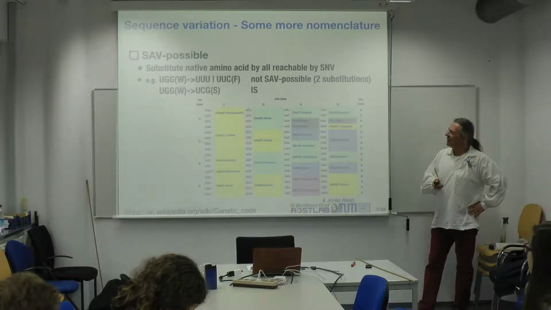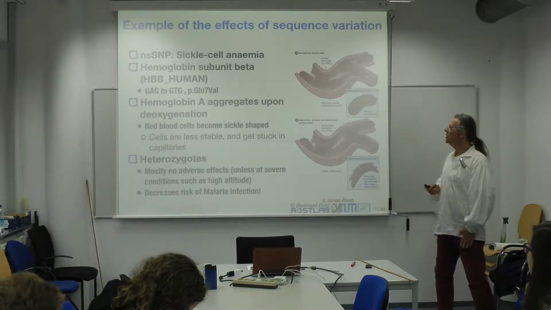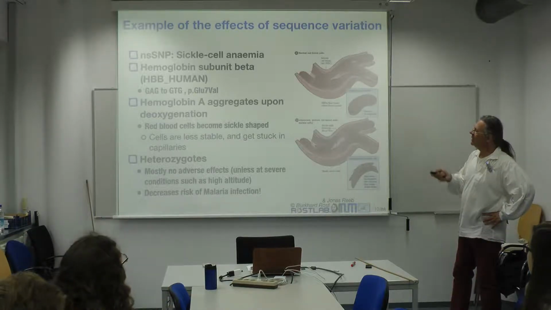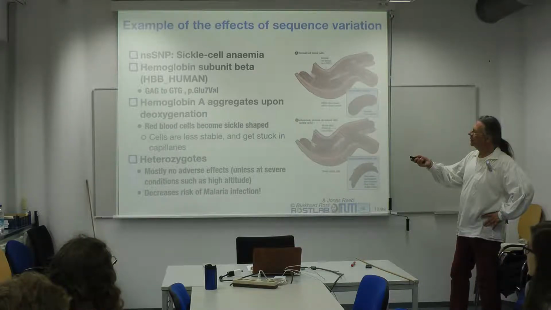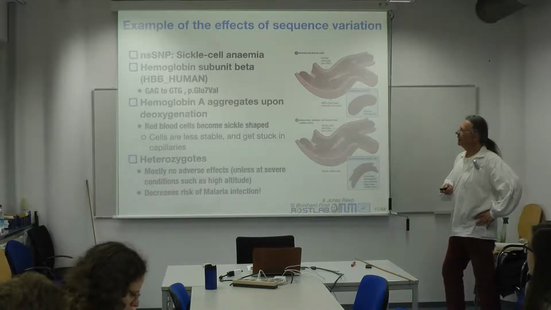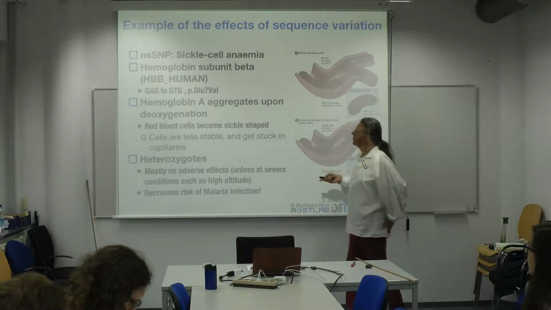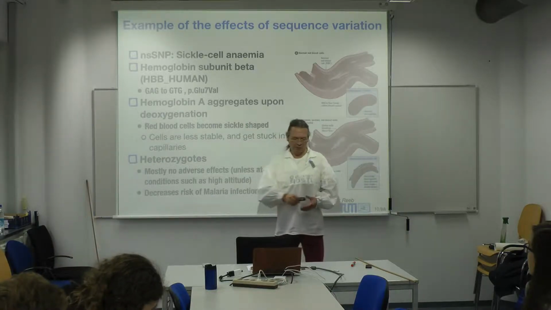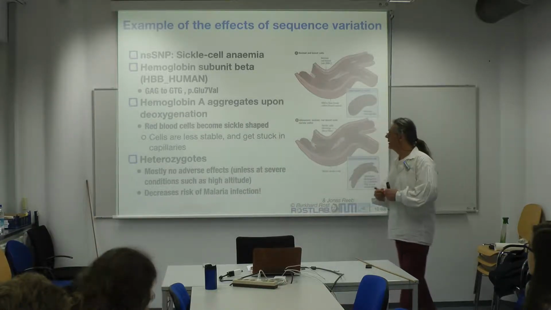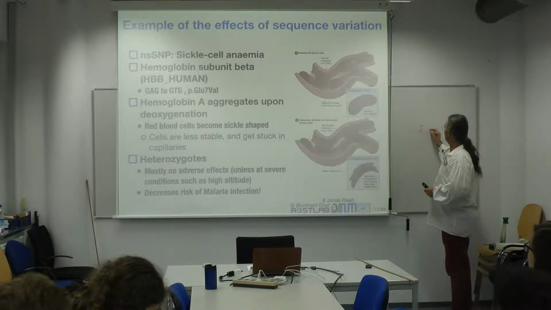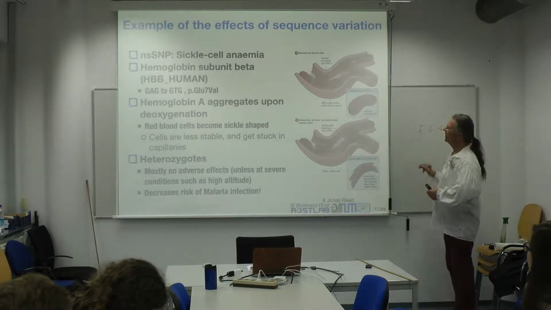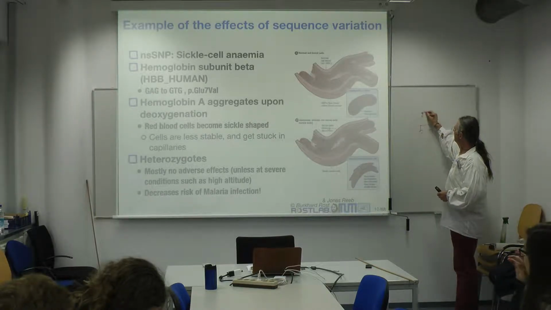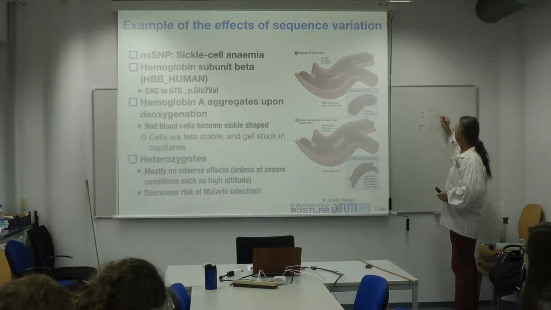But again, in an experimental setting for proteins, we can do things that are not easily done on the level of the genome. Sickle cell anemia is one example where we have a single substitution of glutamate to valine. By the way, this is just one of those small details. Some of you may remember that on a previous slide, I called this E6 to V. If you observe a little bit more carefully, what this one here says is glutamate E7 to V, right?